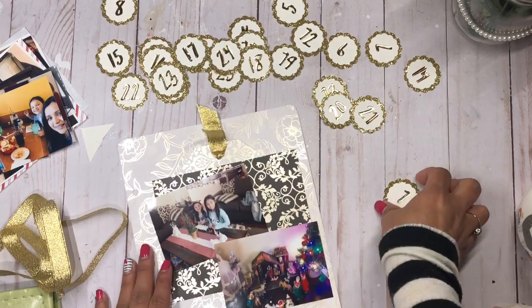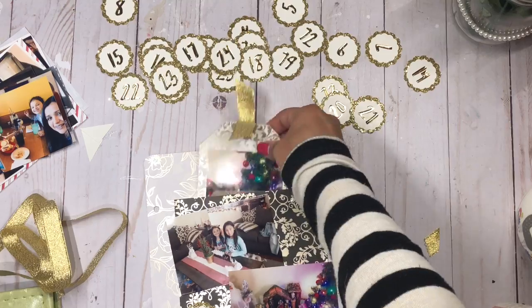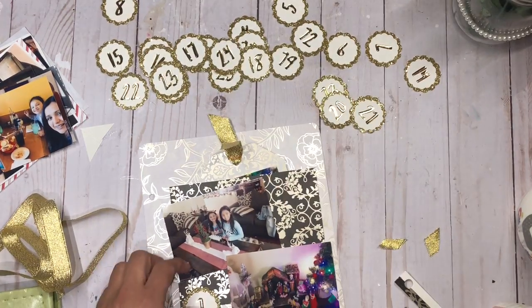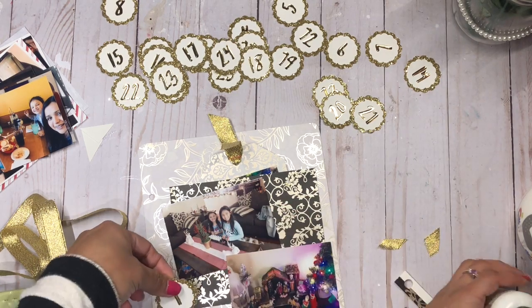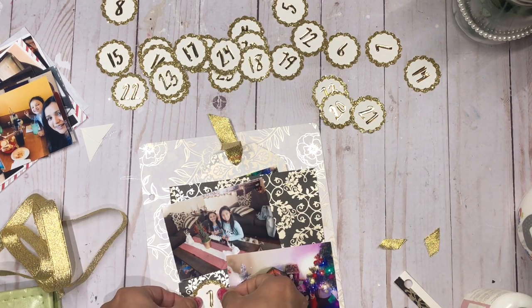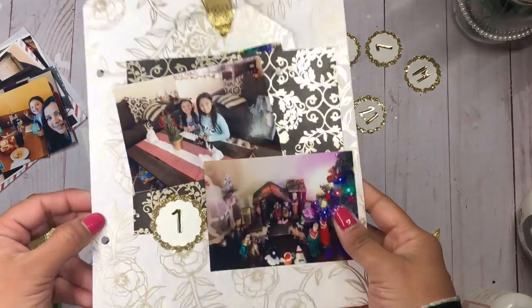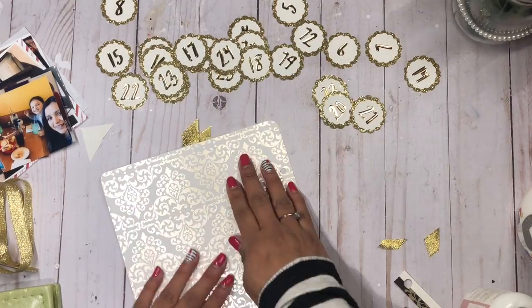So here we go. And now I'm just gonna add the little number 1, and on the back of this tag I'm going to be doing my journaling, which I will be doing off camera. So I'm just gonna go ahead and place my little number 1 over here. Super simple and super quick. So now I'm going to go ahead and continue with